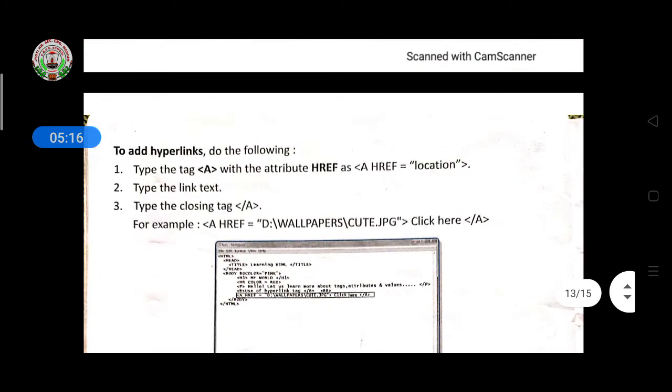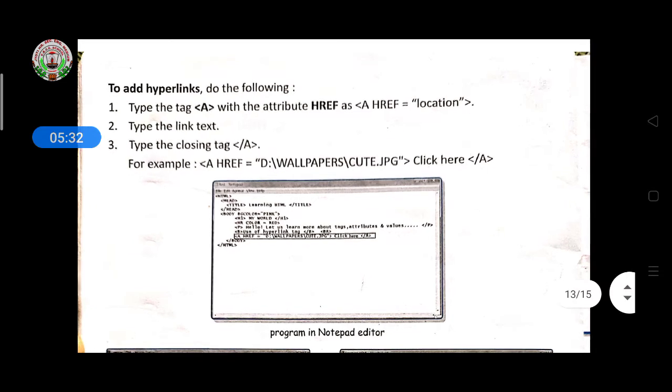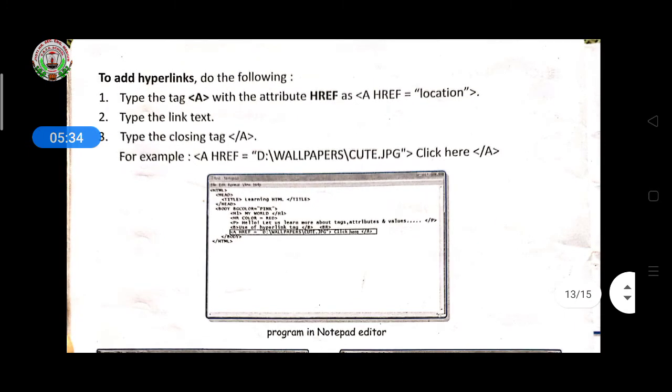Okay, then see the coding of hyperlinks. The anchor tag with the attribute href: how to write it, href equal to double quote, location. You have to mention the location where your page is saved in the computer. Then it is given here, d:\wallpapers\qt.jpg, like this the address will appear.